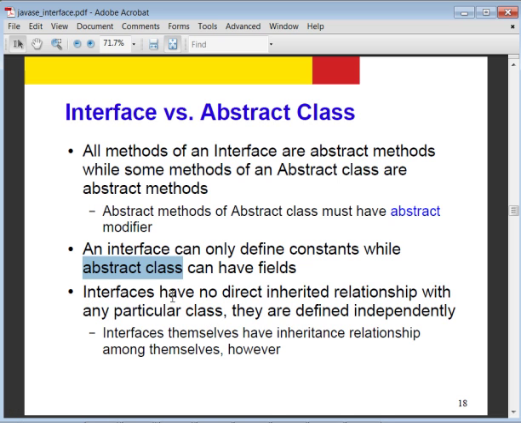Okay, interfaces have no direct inherited relationship with any particular class. They are defined independently. So an interface cannot extend a concrete class, for example, or an abstract class. However, as we will see later on, interfaces themselves can